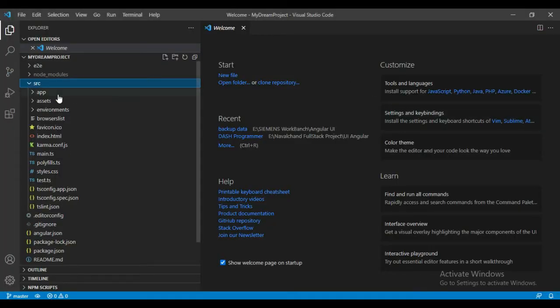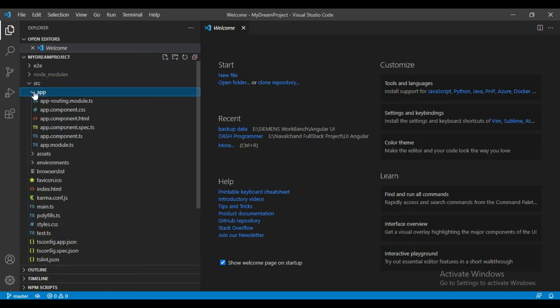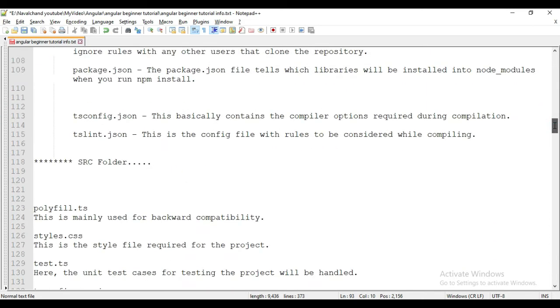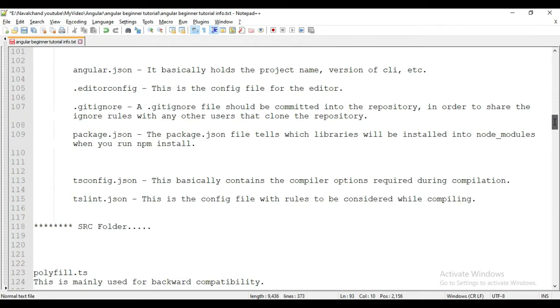Whatever component we create goes inside the app folder. Let me scroll down, and we will see we also have a few files here.